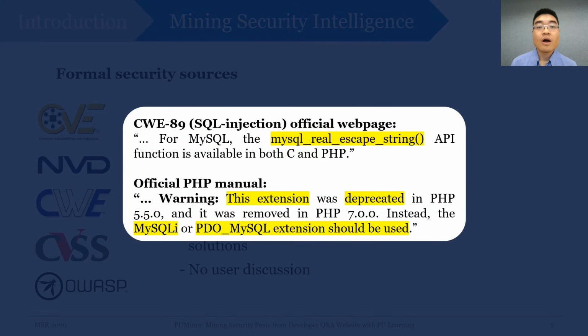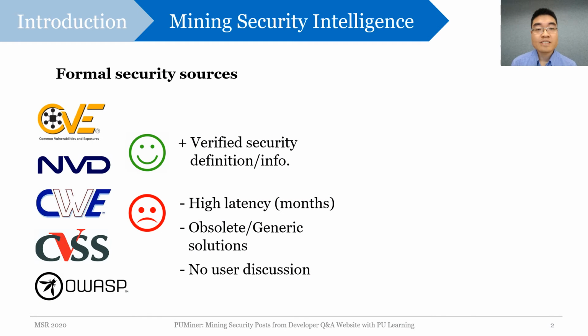For example, on CWE, mysql_real_escape_string is recommended for protecting PHP code against SQL injection. However, this function has been deprecated, with a suggestion to be replaced, in the official PHP manual. It's also not easy for these sources to cover all the security issues for a wide spectrum of technologies and